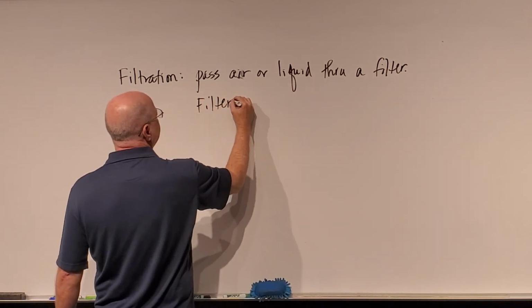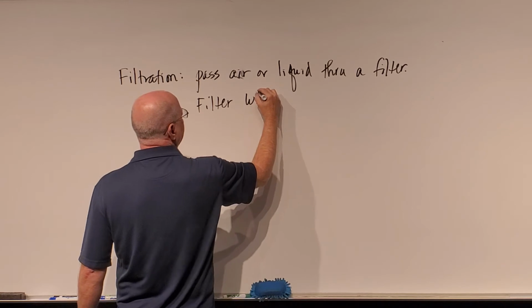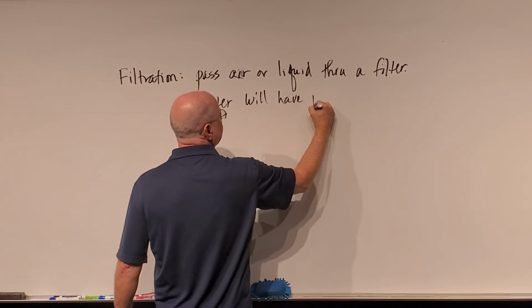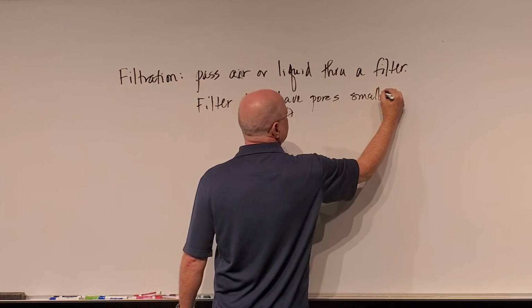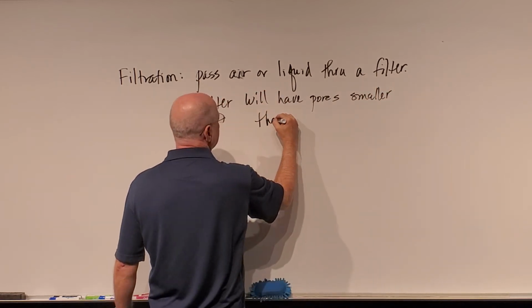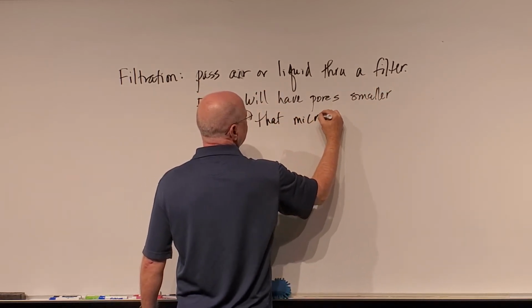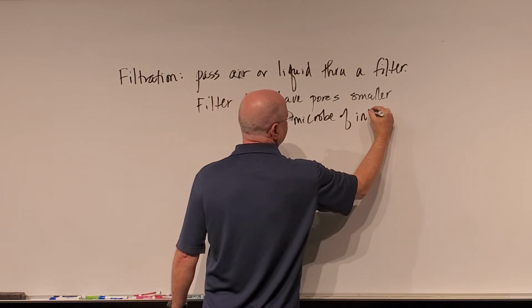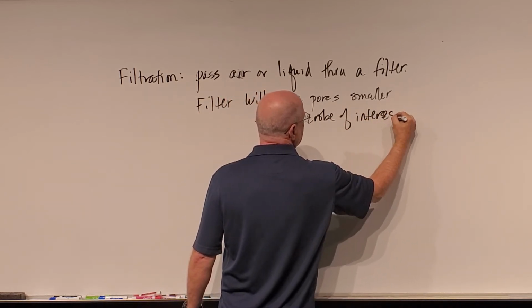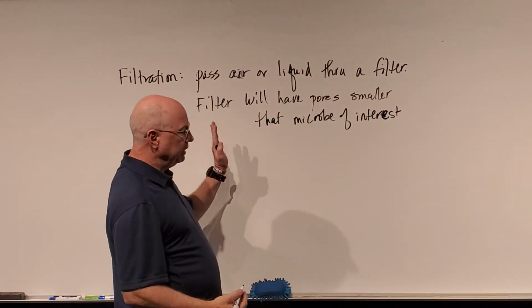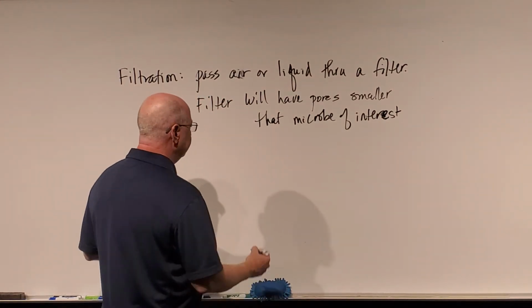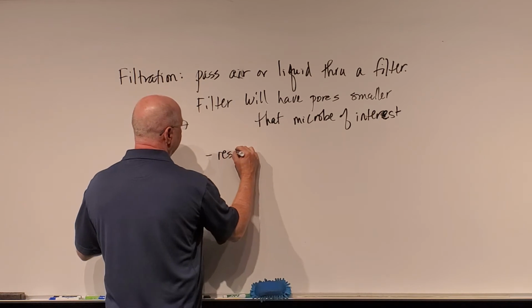What we know is that the filter will have pores smaller than the microbe of interest, or the bacterium of interest. So as we pass the bacteria through the filter, all the bacteria will get trapped on the surface of the filter. Then we resuspend